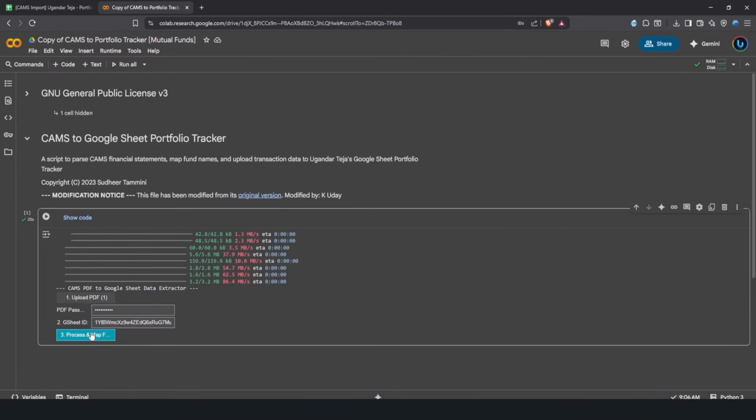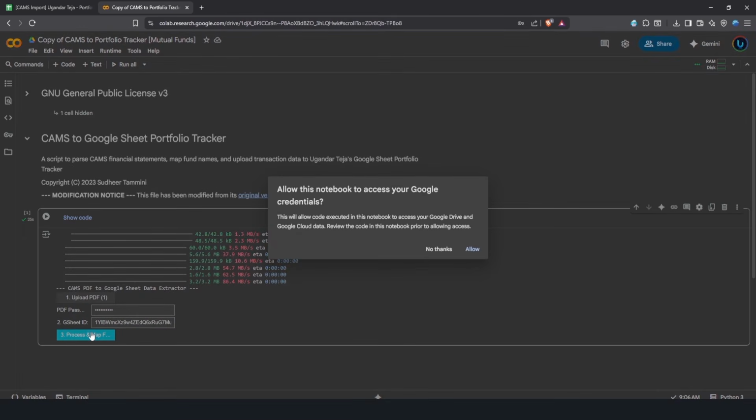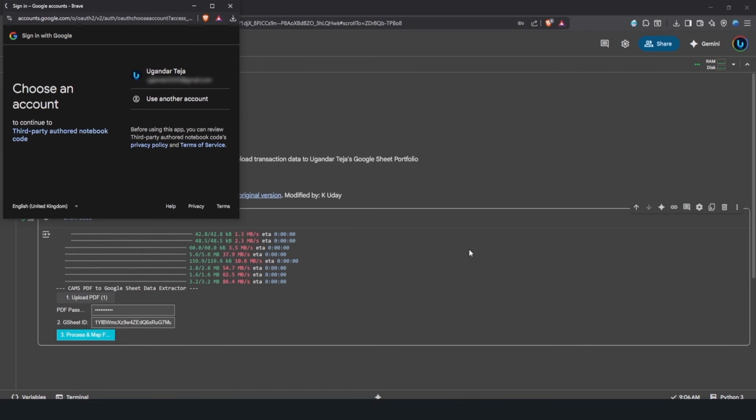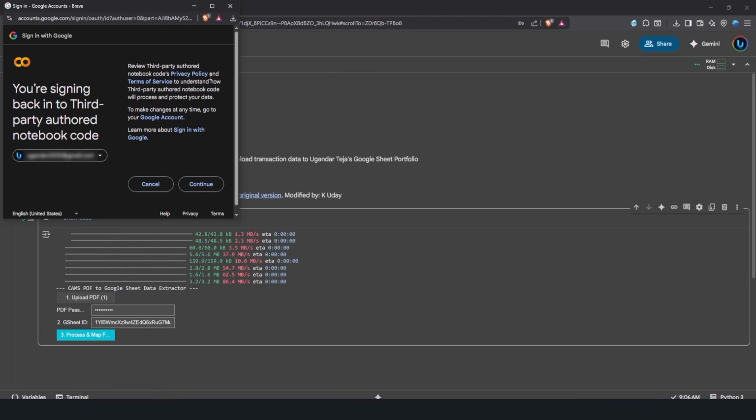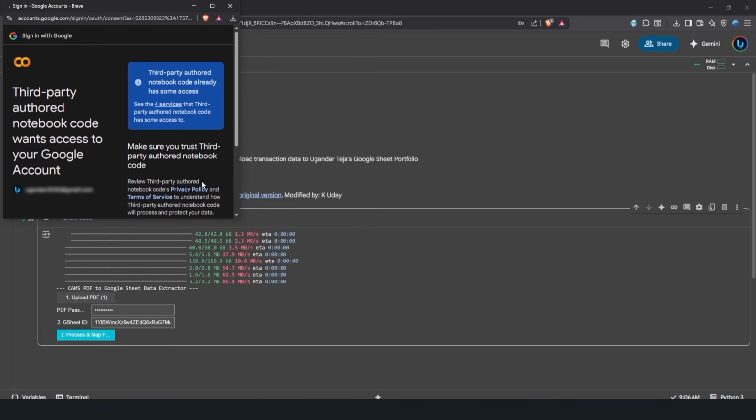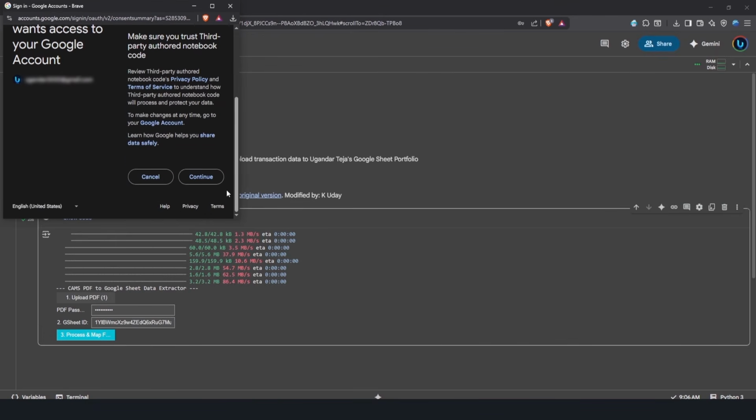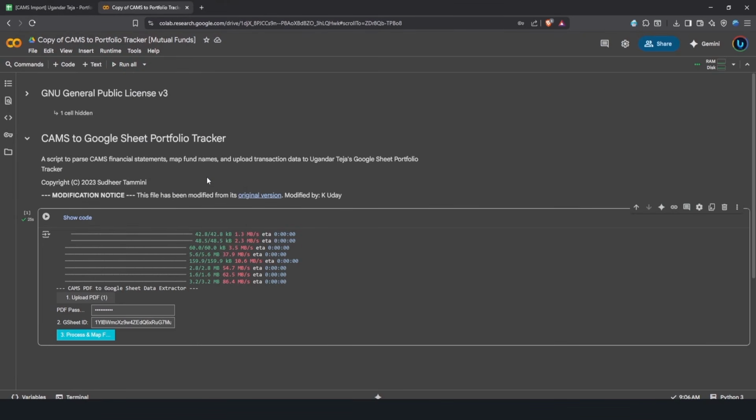Now click on the Process and Map Funds button. Google will show a pop-up asking you to allow this code to run. Click Allow and continue the steps. After clicking again on the Process and Map Funds button,